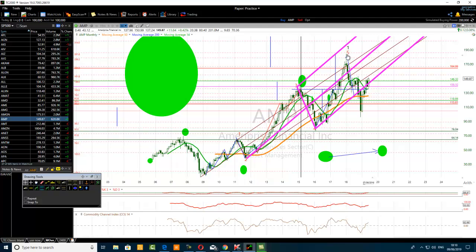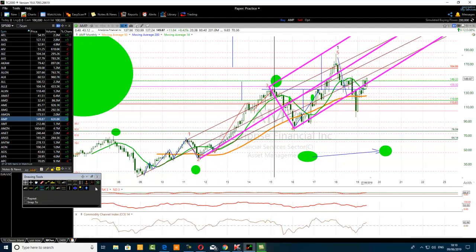Alright, so the fifth wave almost touches the top of that pink pitchfork tool here. And now the price went also out of my second pitchfork tool. But though it is retesting the edge of the first pitchfork tool, it's now going back inside